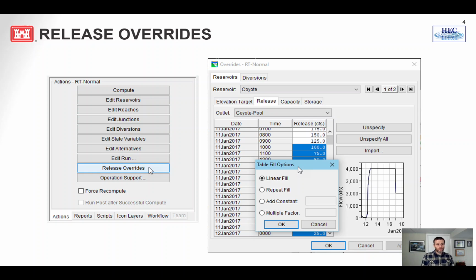So traditionally, within SWIMS, there's a release override editor. This might be an option if you don't have the operation support interface set up. You go to release overrides, and it'll pull up the release override editor. You would go to either elevation target or release, select your reservoir, and then whichever outlet, or if you want to do the whole pool, you can do your release overrides in here. And there's fill options within here as well. This is probably an older method. This might still be applied in real-time situations, but we really strongly encourage everyone to set up an operation